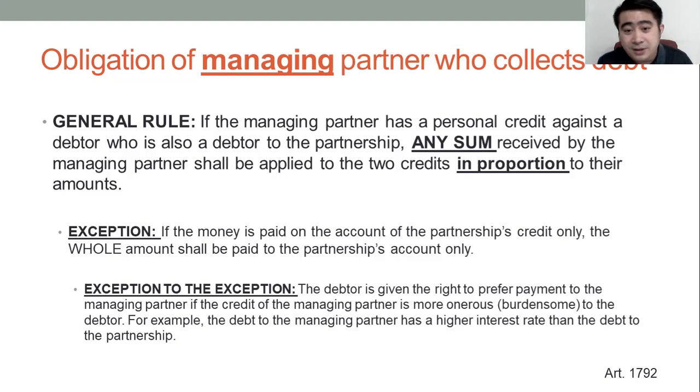Let's say ang utang ni A sa akin ay 100,000 pesos. Tapos ang utang ni A sa partnership ay 200,000 pesos. So yun. Tapos kulang na pambayad si A para bayaran ako at saka yung partnership. Alright? Let's say ang pera lang niya is 50,000 pesos. O kunwari, ganun. So, yung 50,000 pesos, let's say, sabi ni A, kunwari,